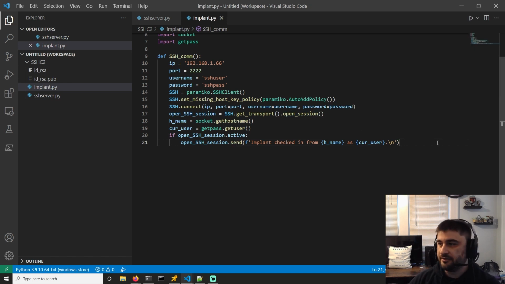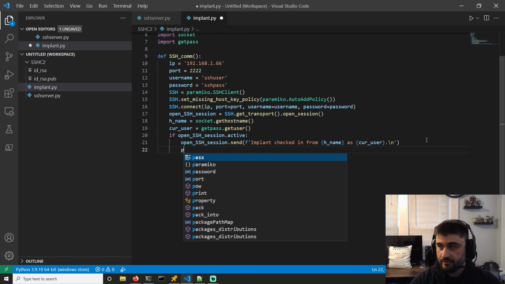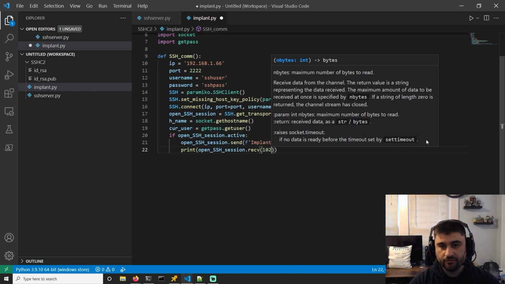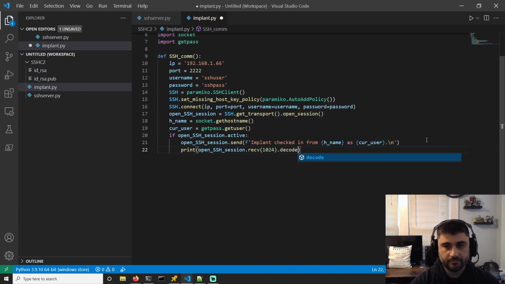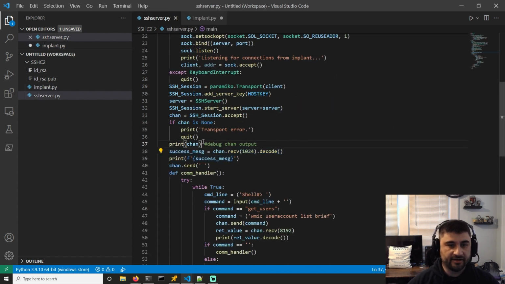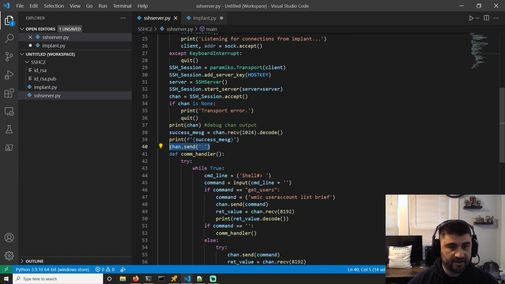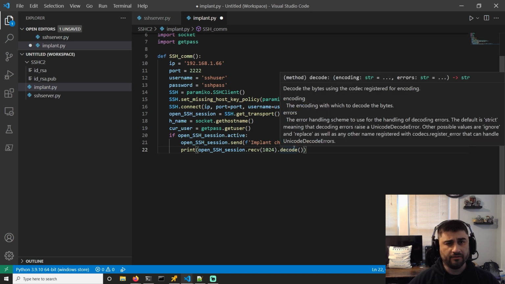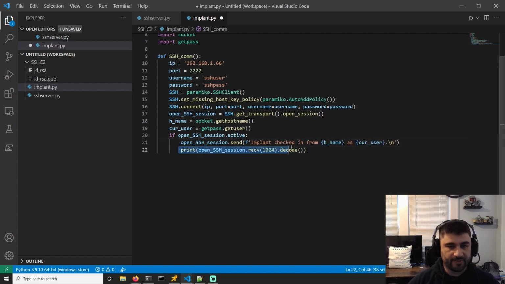And then the next thing we can do is print OpenSSH session.receive 1024.decode. And then if we had a message back here, which we do, it's just this chan send and then this one space entry here. We have to have this again or it will break it. The client needs to receive something. And this is where we start to look at how we're hacking the client-server relationship with Paramiko. So we're just going to accept that single space data over to our client